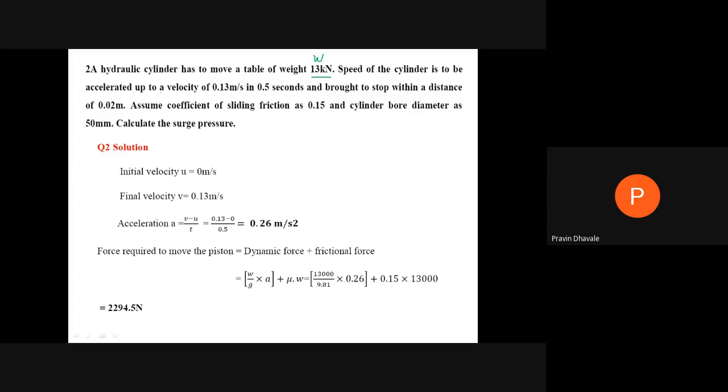The speed of the cylinder is to be accelerated up to a velocity of 0.13 meter per second. Accelerated means it starts, and the end position is given. So it is the final velocity, denoted by small v, because its unit is meter per second, in 0.5 seconds. This is the value related to time, small t, and brought to stop within a distance of 0.02